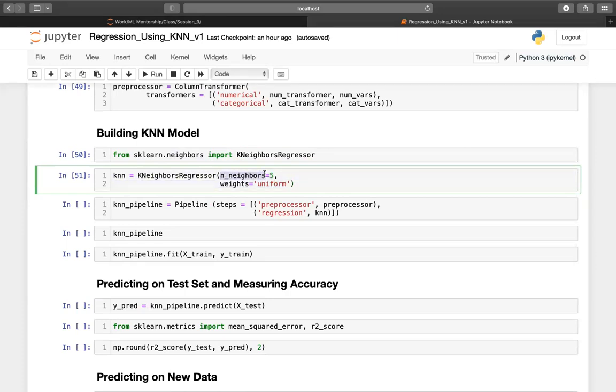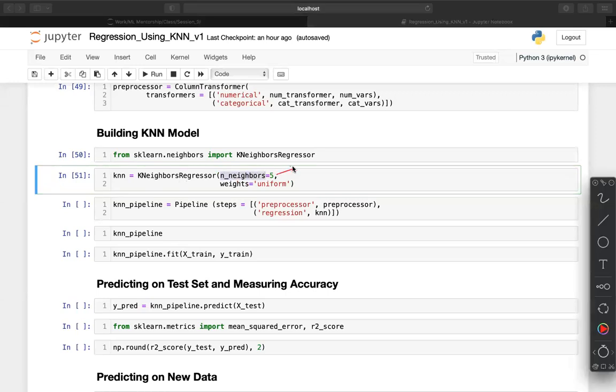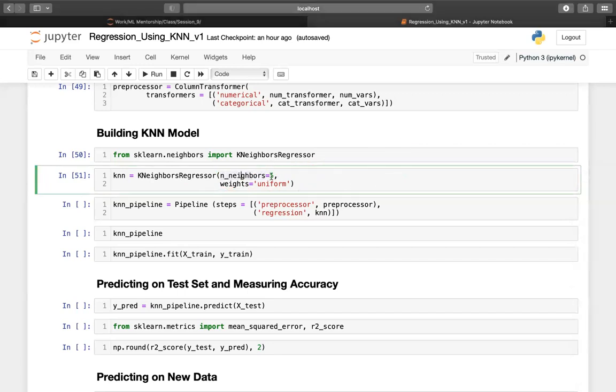In this case, n_neighbors stands for the k, how many neighbors we want to estimate, and weights is how the prediction would be made, whether with a simple average or a weighted average. So uniform means simple and distance means weighted average. This is, of course, hard coded here, but we'll learn a technique called grid search later to find the most optimal value for this,